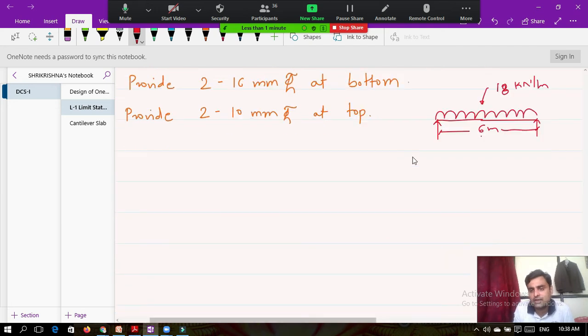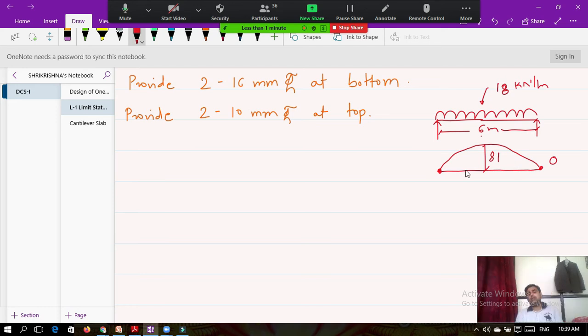So now, if we draw its bending moment profile, then theoretically speaking, it is very simple. It is parabolic. This is the bending moment diagram. Okay, and you see that the bending moment at the ends is 0, and here you will get the maximum ordinate, and this ordinate we have calculated as 81.